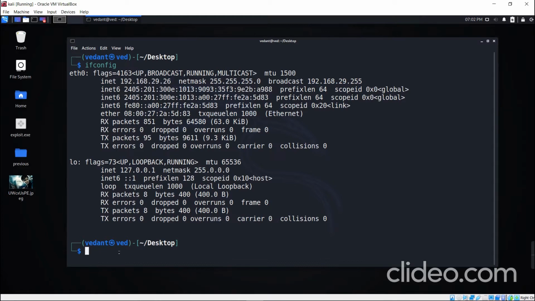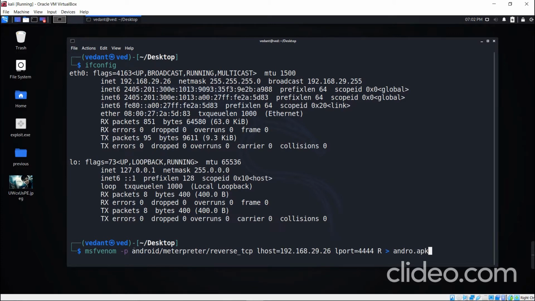So let's cut to the chase and start creating our payload. I'll be creating two payloads, one for Windows and another one for Android. So I'll just give the command. Firstly, I'm going to create it for Android. So we just have the dash b, which gives us an idea about what type of file we are creating. This is going to be a payload file.